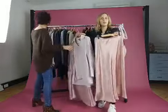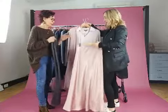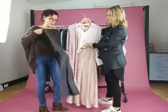And not only that, can I just say, I'm going to have a bit of a bash at the belt here. How are we going to manage this? Okay, this is getting tricky. Just a sec. I thought maybe I'll just hold it for now, but I'm going to say something about this aubergine